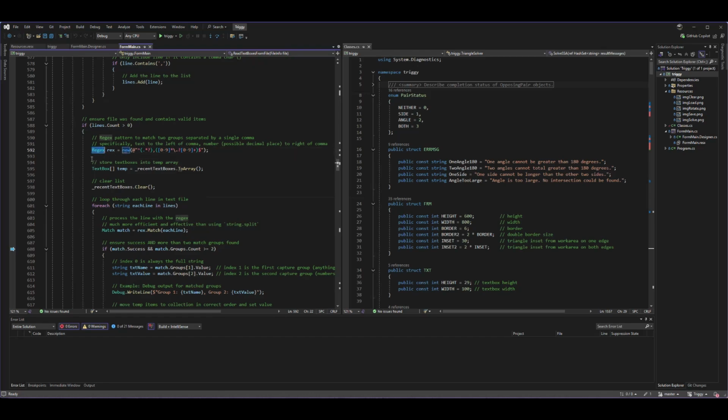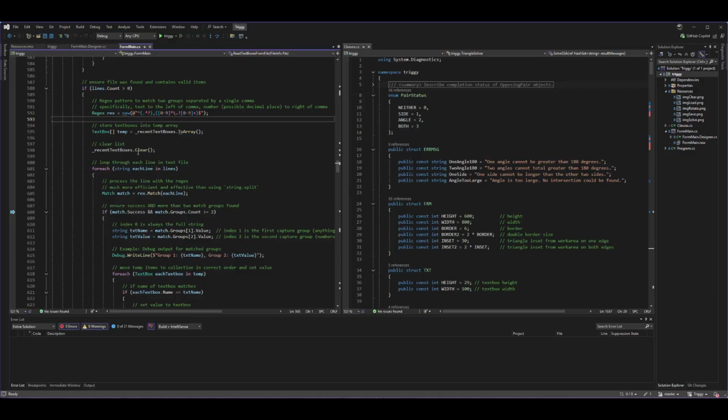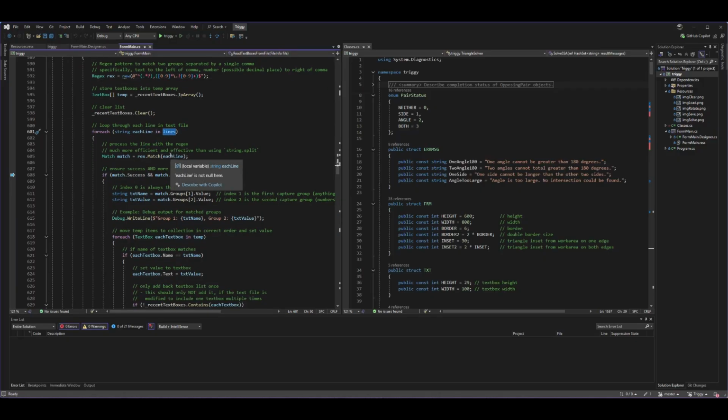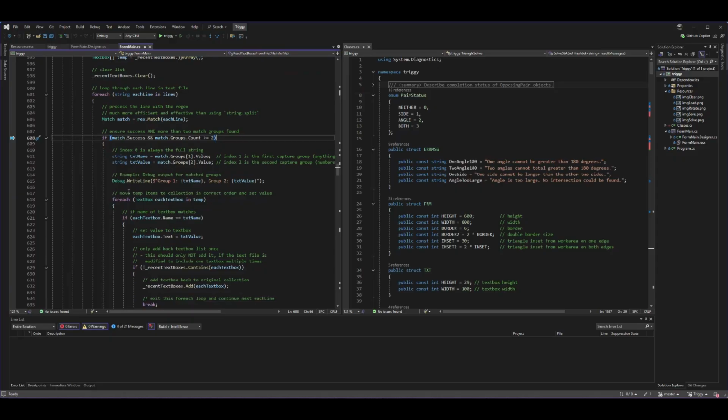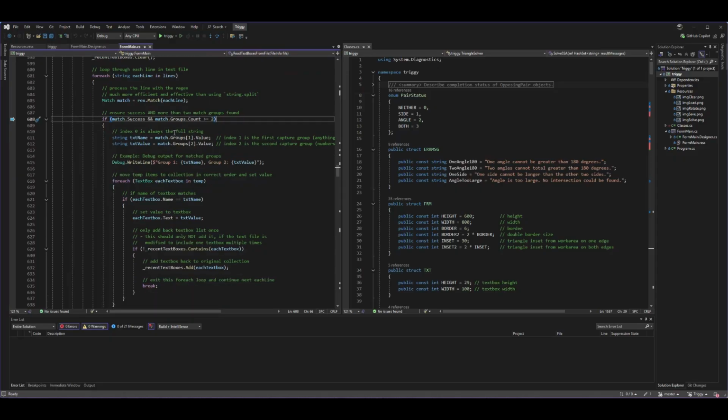The regex does that all for me. And then I'll loop through each line in the text file, convert it to a regex match. If it finds multiple groups or multiple successful matches, then that indicates that it found both a string and a numerical value, and then it uses that information